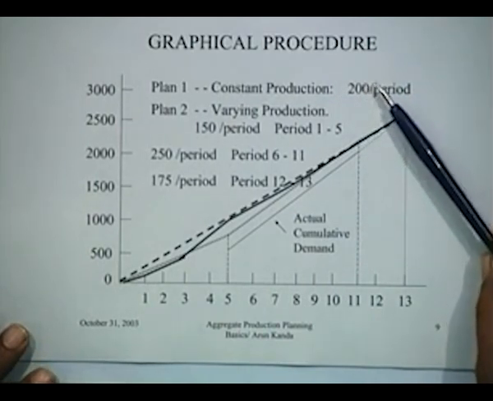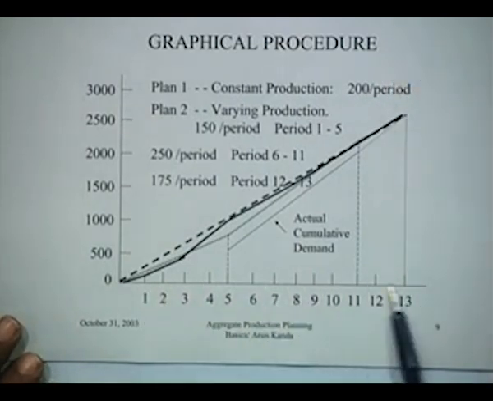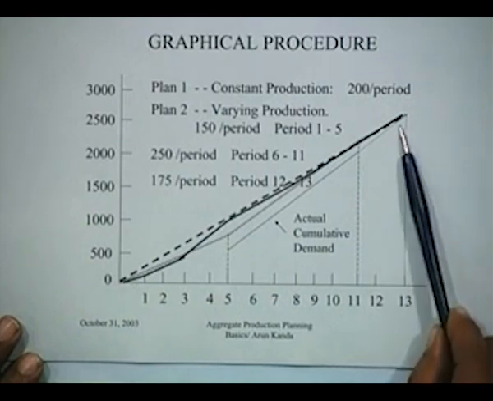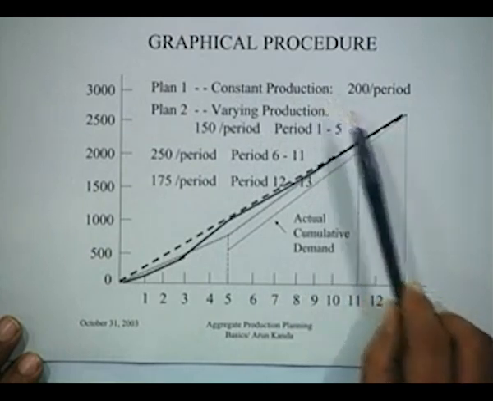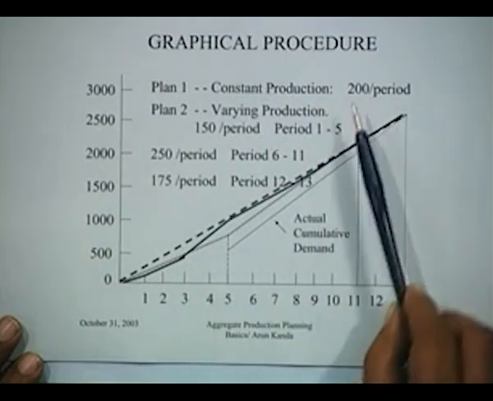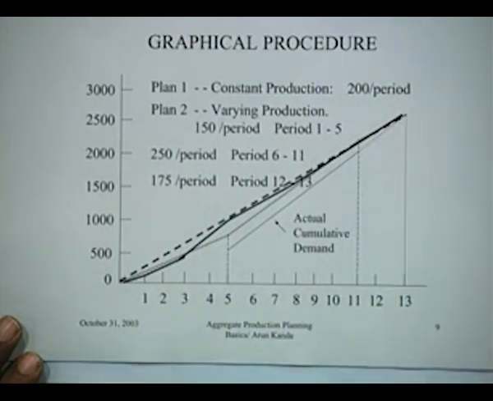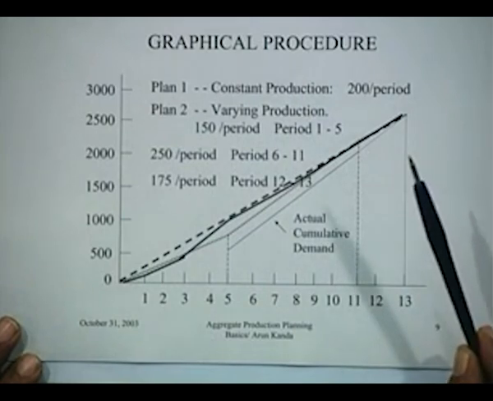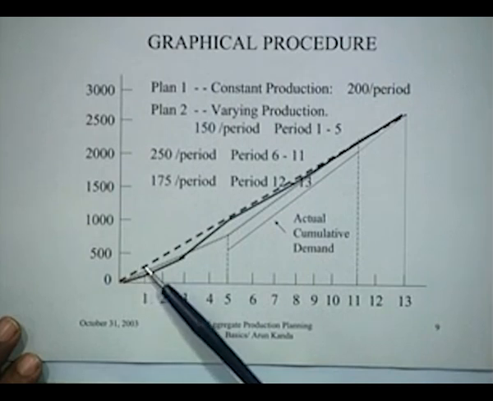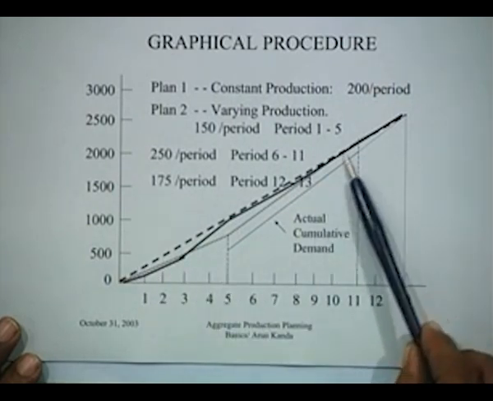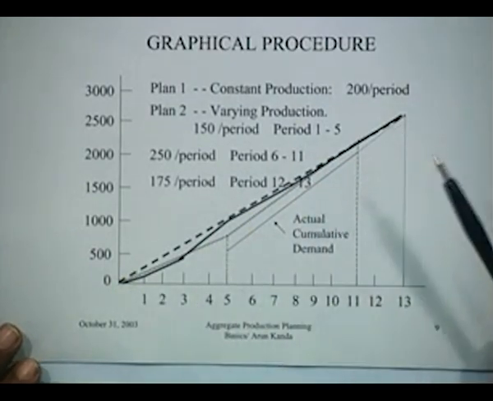He would not like to vary the quantity that he produces every year. So, the total quantity that is to be produced in 13 periods is 2600. So, if we assume that a constant production level is to be maintained, 2600 divided by 13, we should maintain a constant production level of 200 per period, and we would have a constant level of production. If you plot this plan, it is actually shown by this top dotted line. It is a straight line from here to here, and that is what it is.